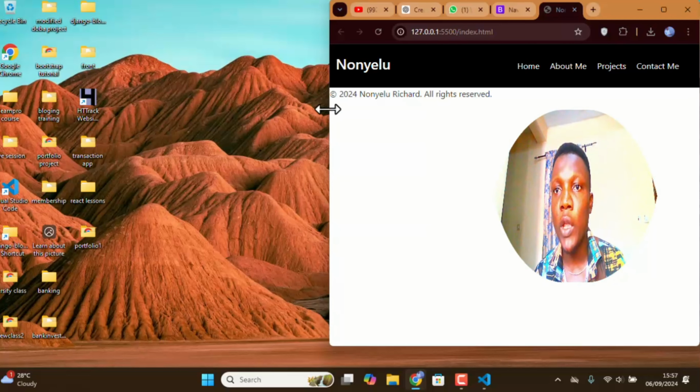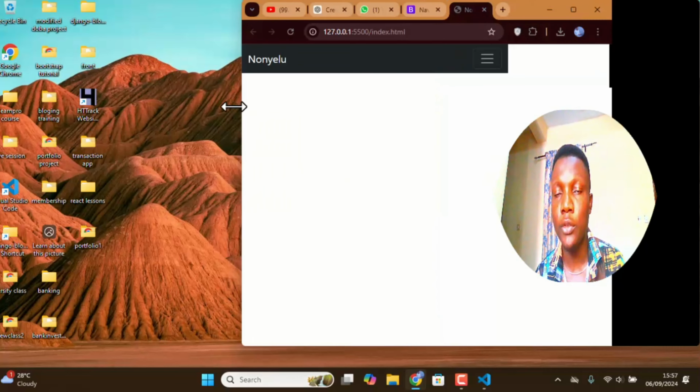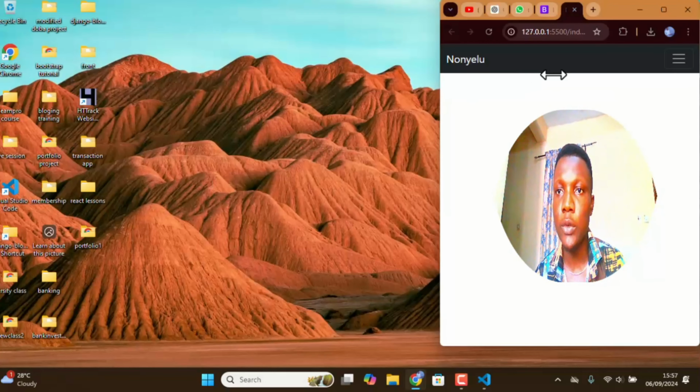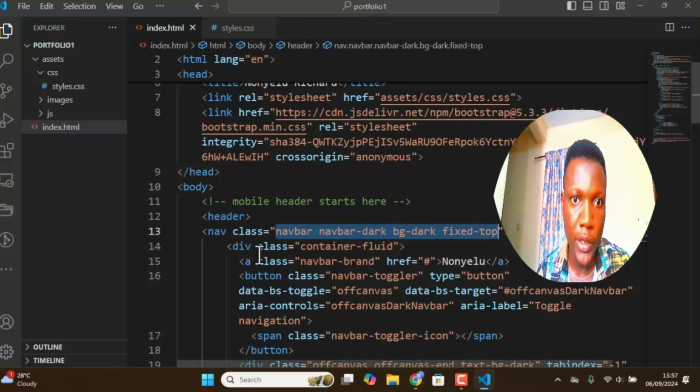So this is what we've got. So let me show you what I did. That's on the HTML here. I don't want to display this particular one on the desktop. So because I don't want to display it on the desktop, I went ahead to my CSS, and on the breakpoint for